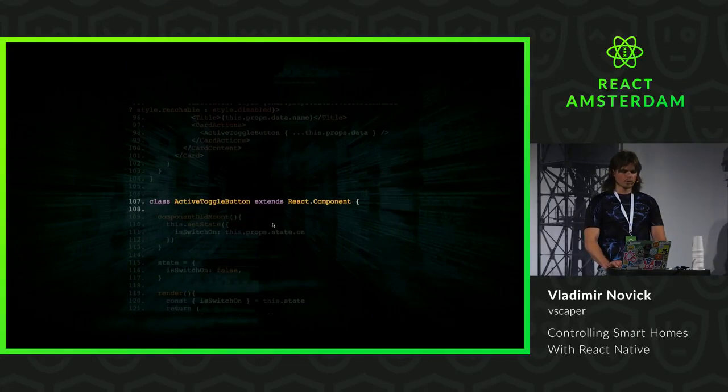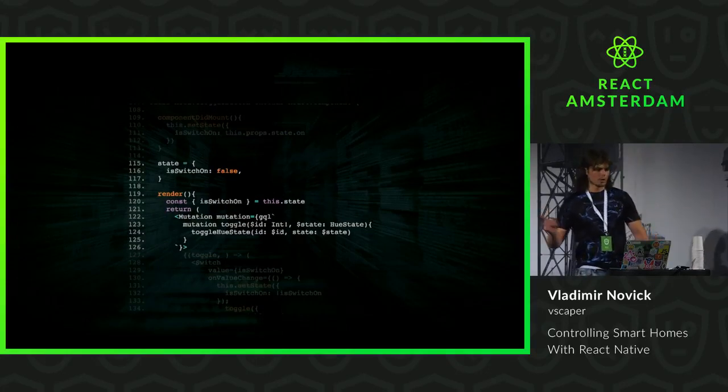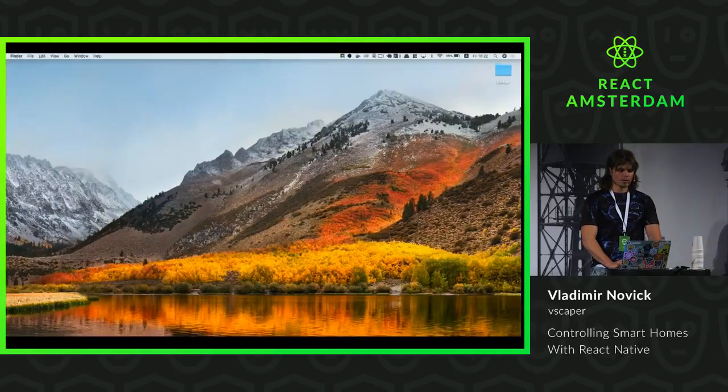So this button, by the way, is an active toggle button. It calls the toggle Hue state mutation, passes the ID of this light, in this case it's 5, and passes a state. And you've seen the light turns on. By the way,